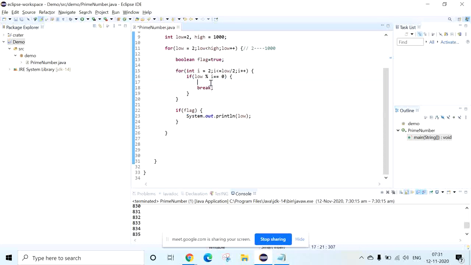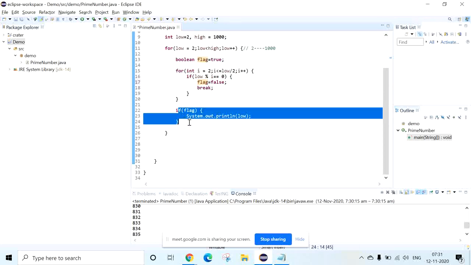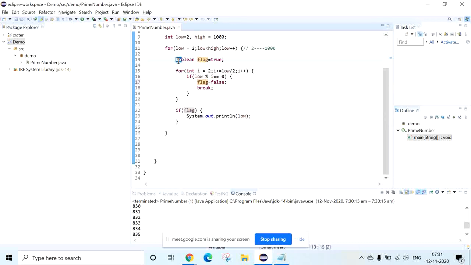what we need to do is say that if flag equal to false, then the number cannot be a prime number. Got it? So now it comes here. Now the condition is false. The number cannot print over here. Then again we are making it true because we want to avoid each and every number being printed. Got it? So you got the idea or what?